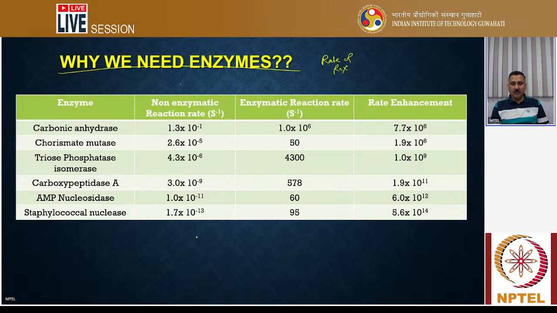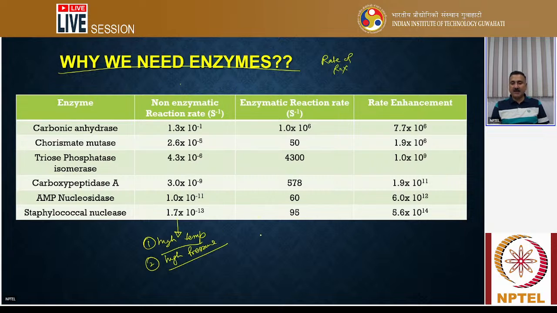Now, if you want to avoid the enzyme and achieve these reaction rates without enzyme, what option do you have? You can increase the temperature, so you can operate these reactions at a high temperature, or you can operate these reactions at high pressure, right? If you maintain high pressure and high temperature, then probably you can compensate for the loss of reaction rate from not using the enzyme.